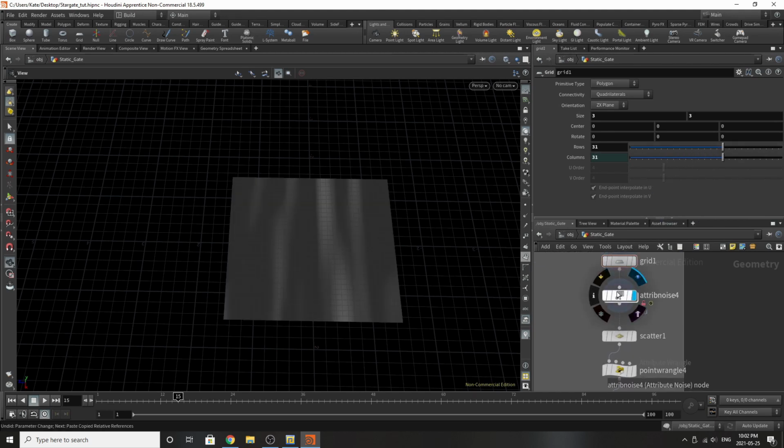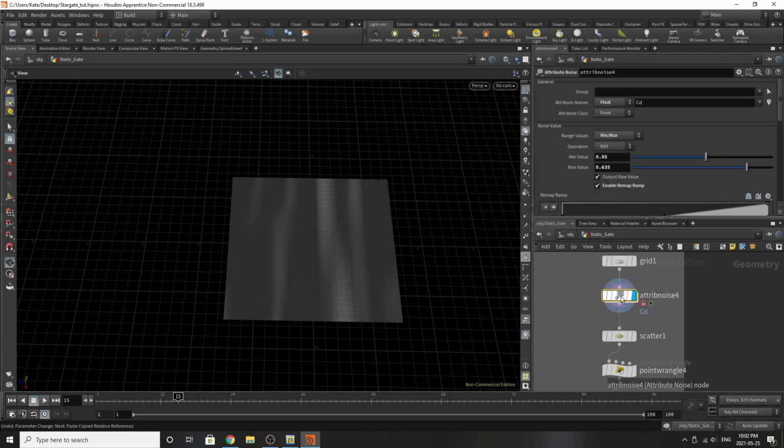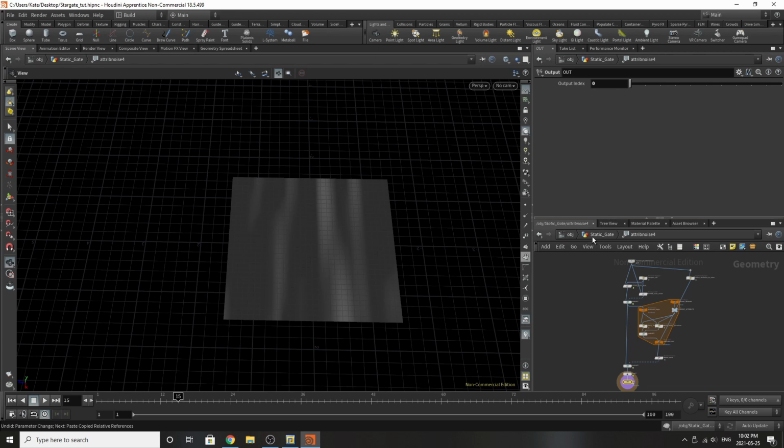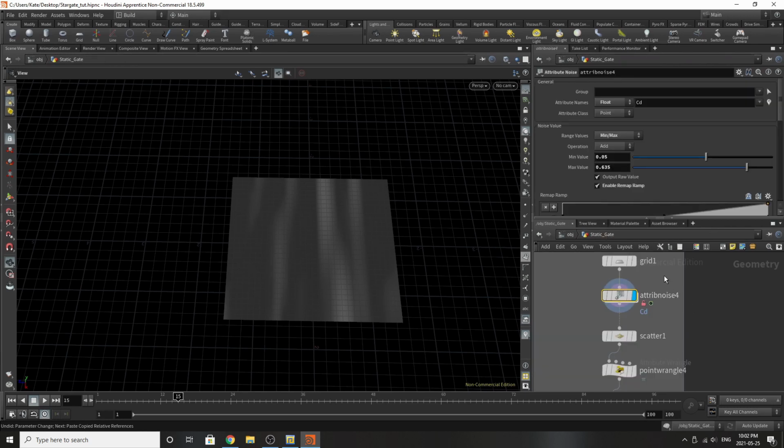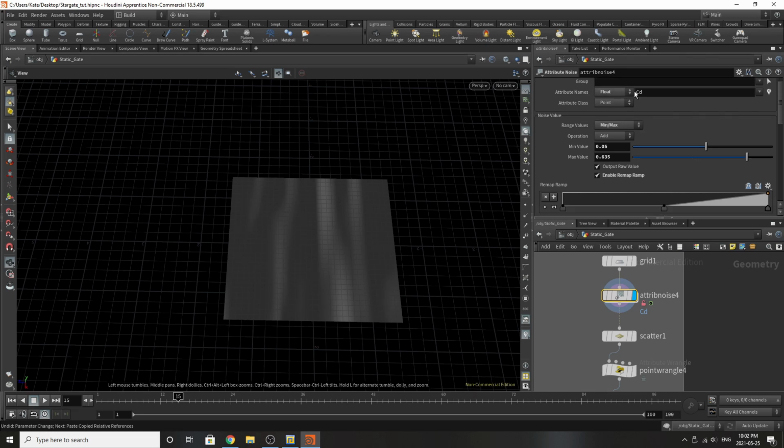Then below it we have an attribute noise, which, if we dive inside, I've edited just a little bit so it's a little more friendly to me. This is an attribute noise SOP, and I'll walk through what I've done in a second. I've turned the CD to float, so we have some lines going up and down here that are black and white. And then I've changed the range values to min and max, so we have a minimum value of 0.05,